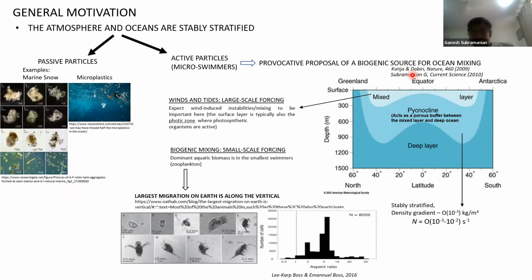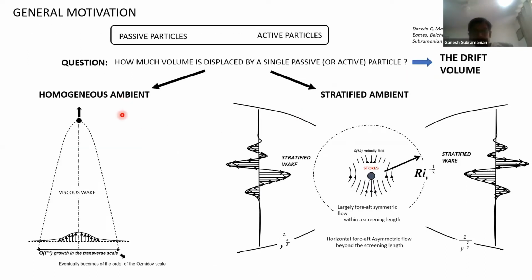And if you ask the question for a homogeneous particle in a homogeneous ambient, in other words, a particle moving in a constant density fluid, how much fluid can it drag, what volume of fluid is the particle able to drag in the limit of long times, then the answer is infinite. That's because in the sketch here, you see that there is a trailing viscous wake, and the velocity in the wake decays very slowly. It just decays as the reciprocal of the downstream distance. And that decay is slow enough for it over long times to drag an infinite amount of volume. So the answer, rather surprisingly, perhaps, turns out to be infinite in the homogeneous ambient,